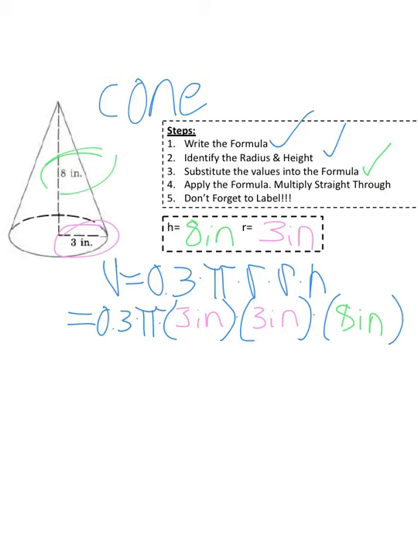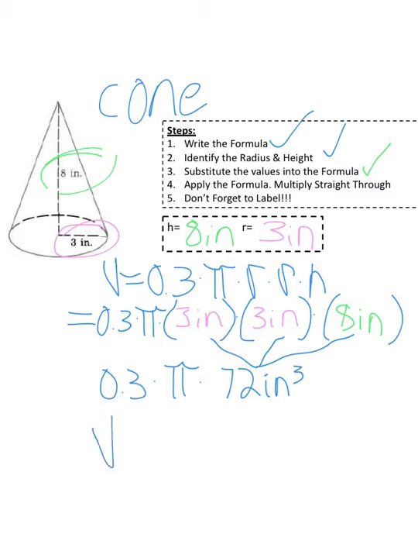Now step 4 is to multiply all the way straight through. So it's 3 inches times 3 inches times 8 inches. That's going to give me a total of 72 inches cubed. Then I bring the rest of the formula down, which is 0.3 times pi times 72 inches cubed, which will give us a total volume of